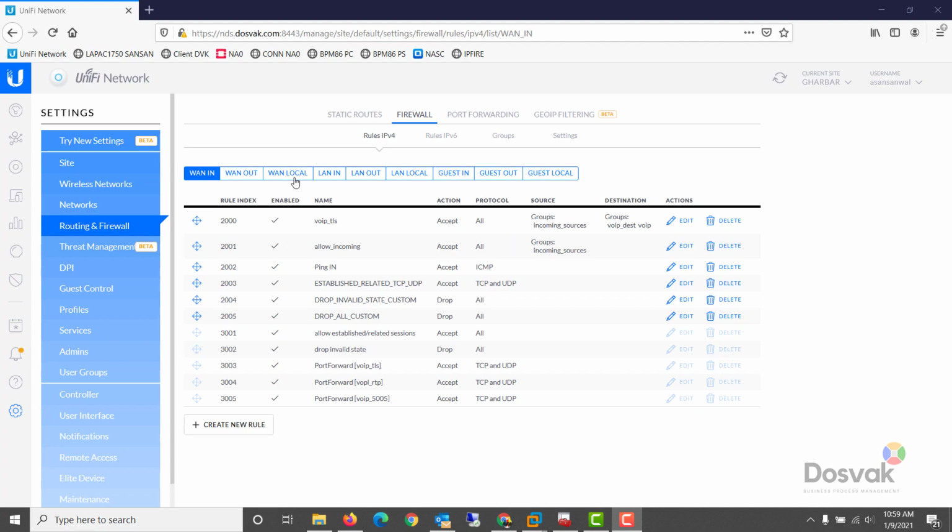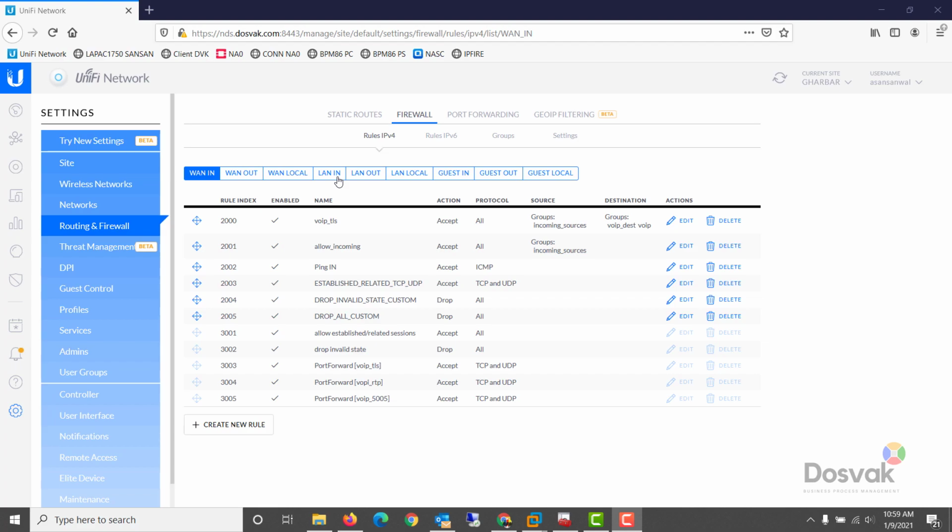For example, if your firewall device is 192.168.1.1, the entry and exit into the local, meaning the firewall device itself, is signified by the WAN local section.